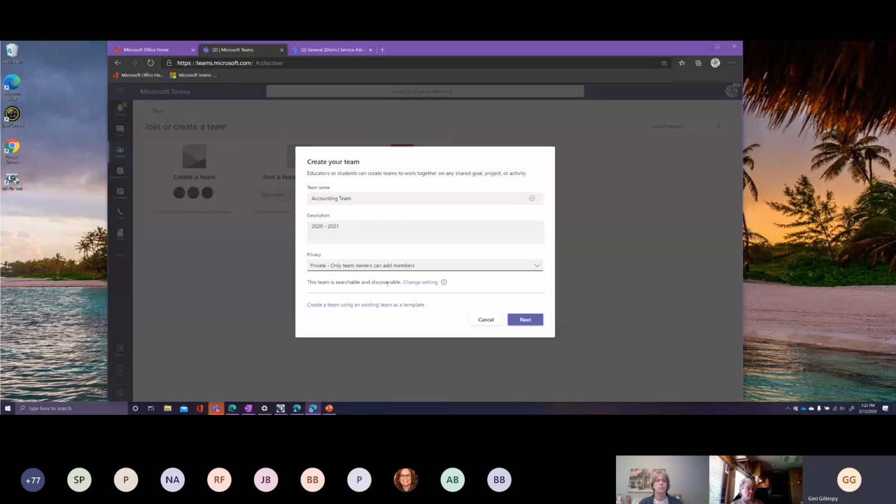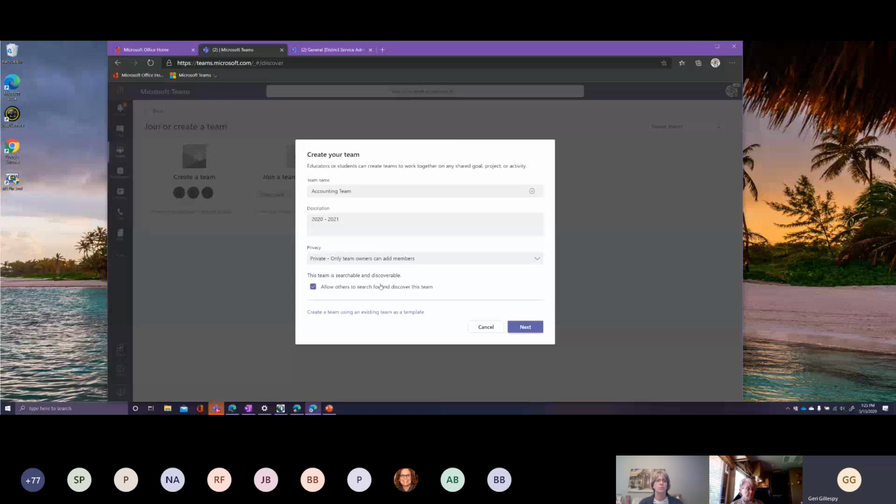And then also this being discoverable and changing setting, this means that if you want to have people be able to search for your team. So if I wanted members to be able to find my accounting team, or we use this in our district, we would have a team with curriculum, and people wanted to find the curriculum support team, the math support team, they were able to go ahead and put that information in here to